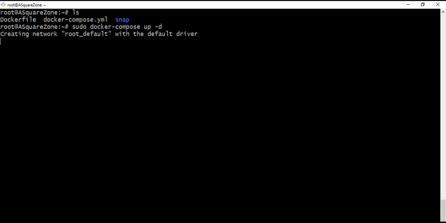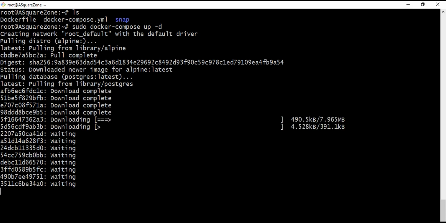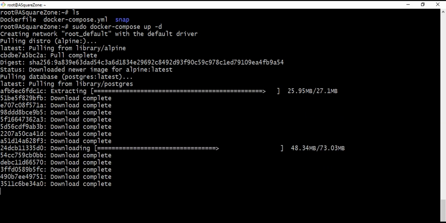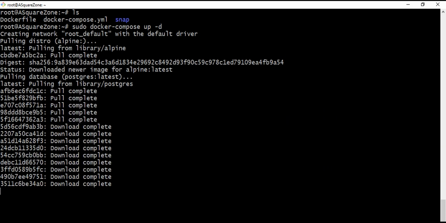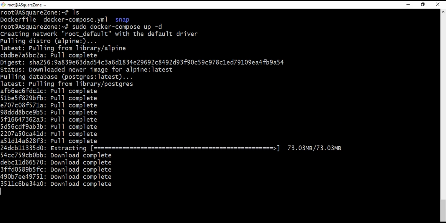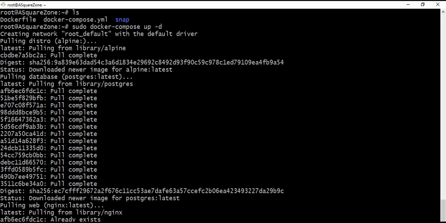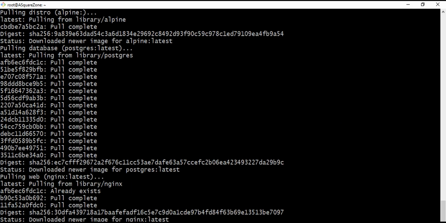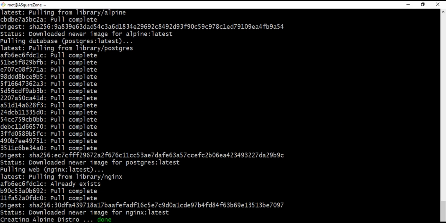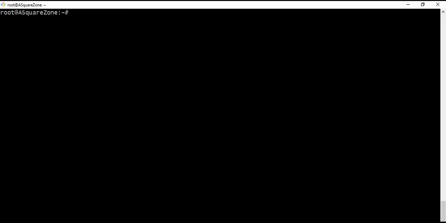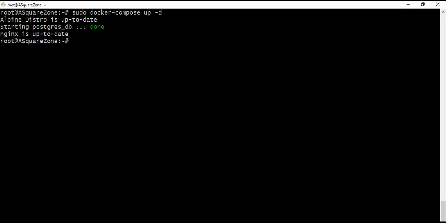So using this command we will get all the images from the registry. As we mentioned in the docker compose file, we gave images Alpine, PostgreSDB and Nginx web server. So here it get all the images here, so it's up to date here.